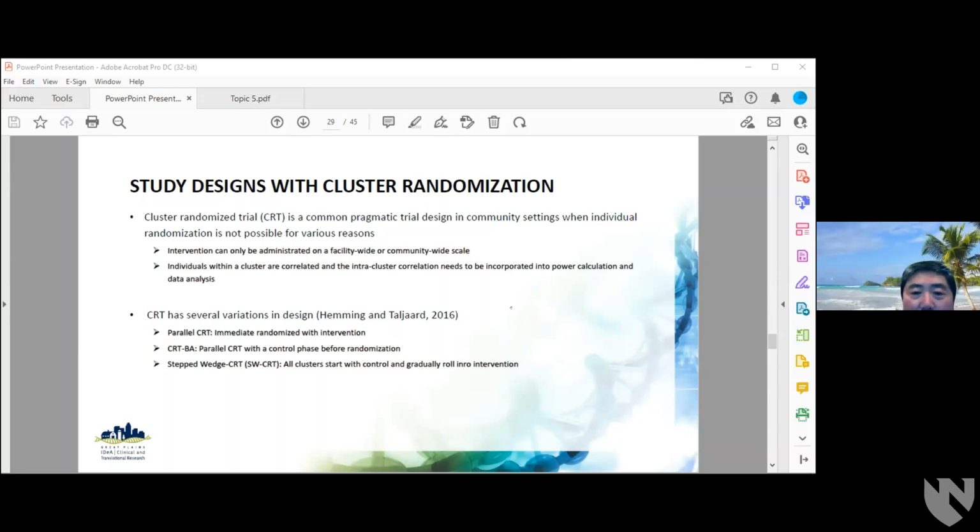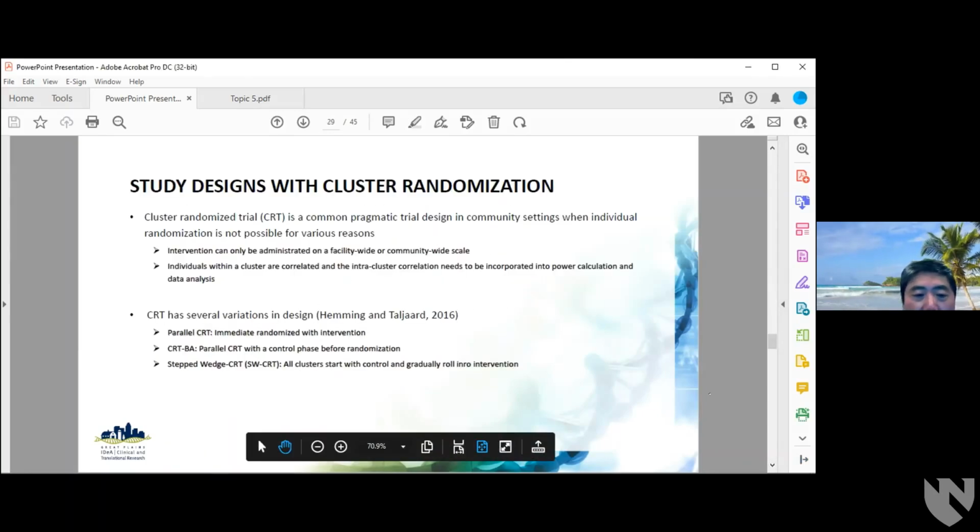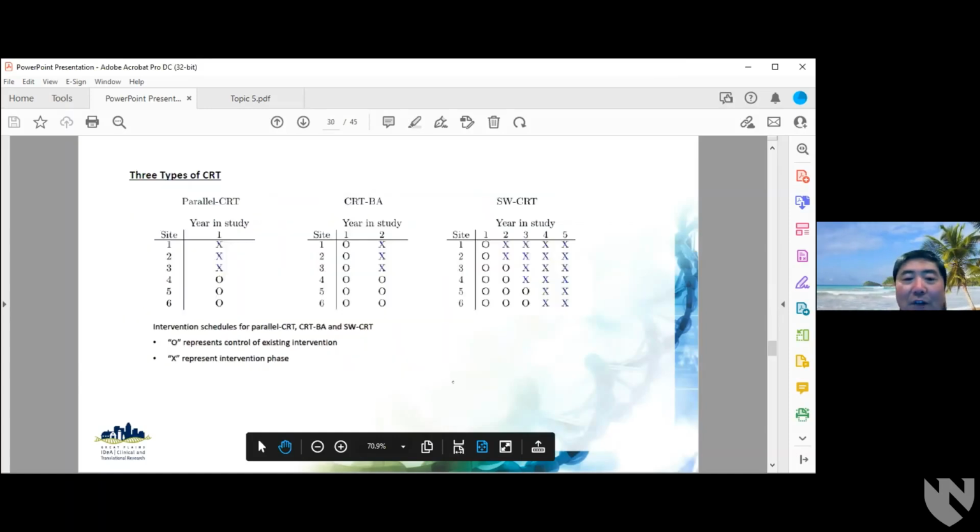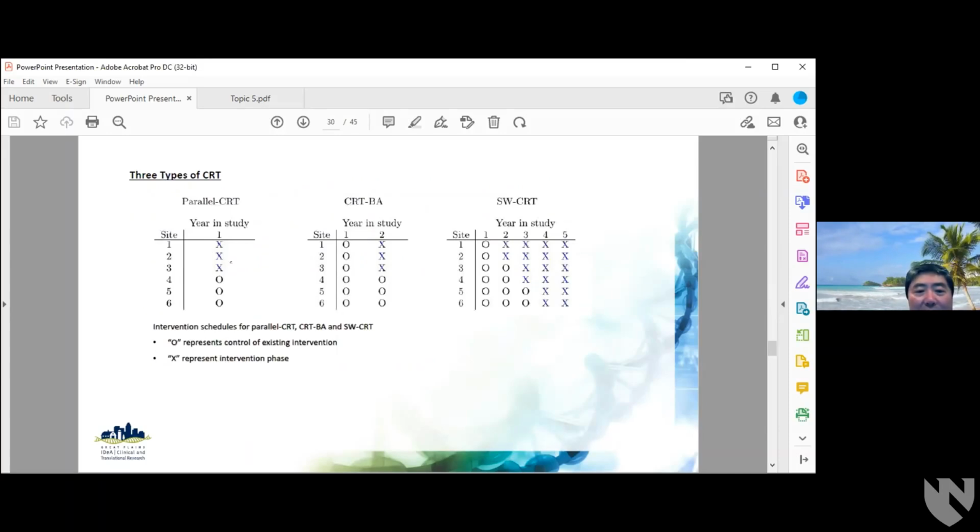Typically, you have three different types of cluster randomization. One is a parallel cluster randomization. One is a parallel cluster randomization with a control phase before randomization. One is a stepped-wedge design, where clusters start with control, then gradually roll into intervention. Graphically, parallel CRT looks just like this. You have only one step, but one step doesn't mean they have to be done at the same time. It could be done at a different time,